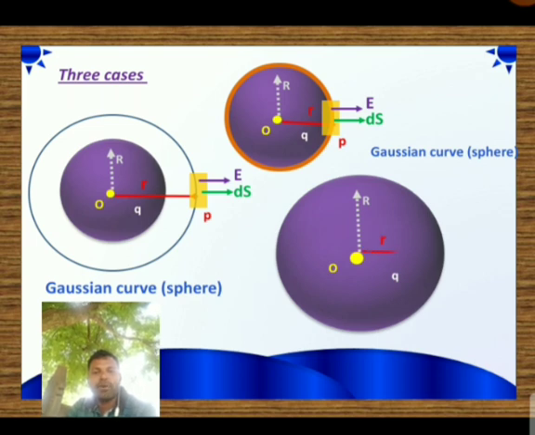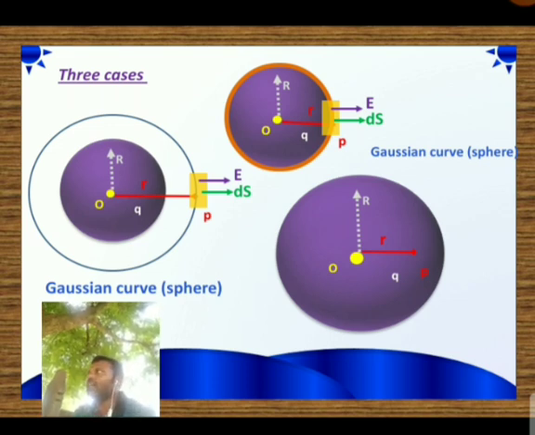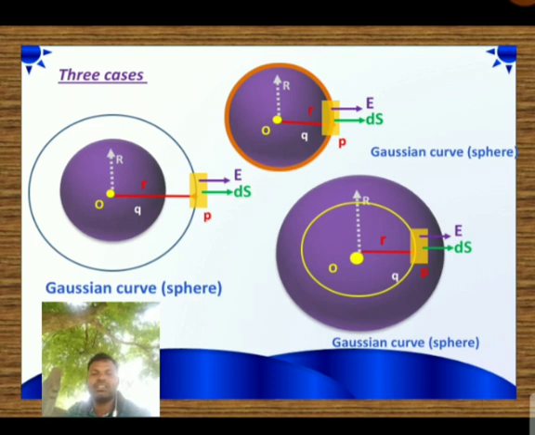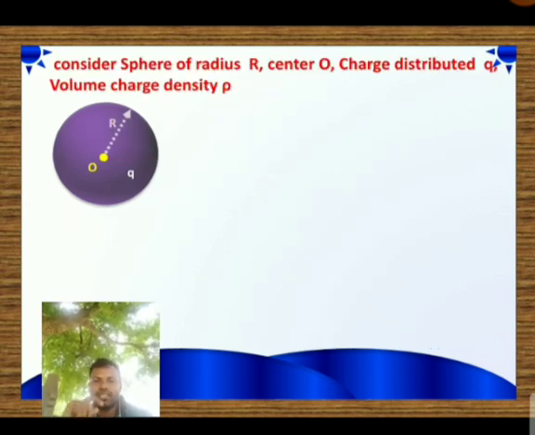My point is inside the sphere. If my point is inside the sphere, then what do I have to do? Again, I have to draw a closed surface, take a surface normal and electric field, then apply Gauss law. This is the procedure to follow. Okay, now come to the derivation.